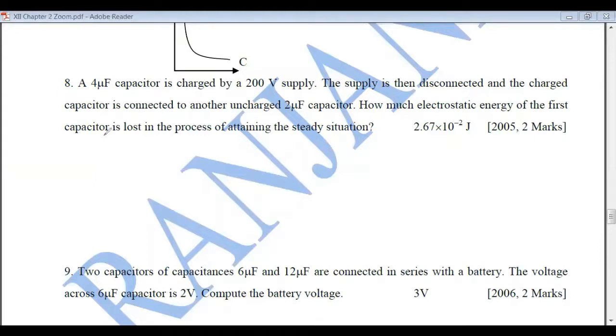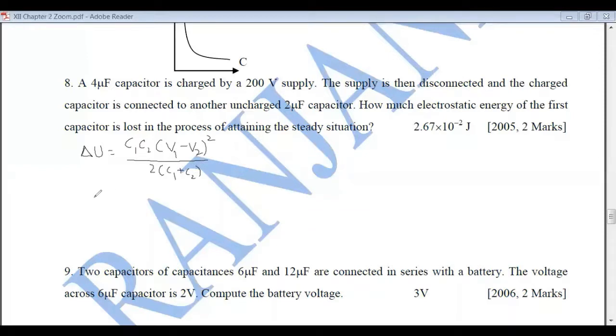Okay, here we know that whenever a charged capacitor which is charged to a higher potential is connected to another capacitor which is charged to a lower potential, the charges start flowing from the higher capacitor to the lower capacitor. This we have already discussed and we have found the expression of the loss of energy, which is given by C1 into C2 (V1 minus V2) whole square upon twice of (C1 plus C2). This is the energy lost.